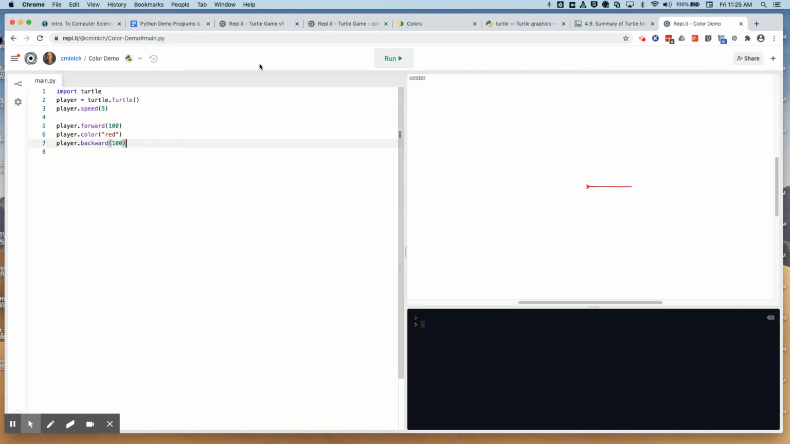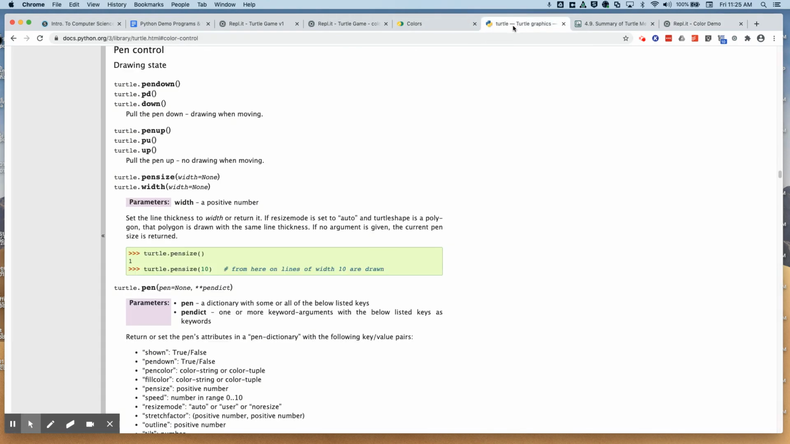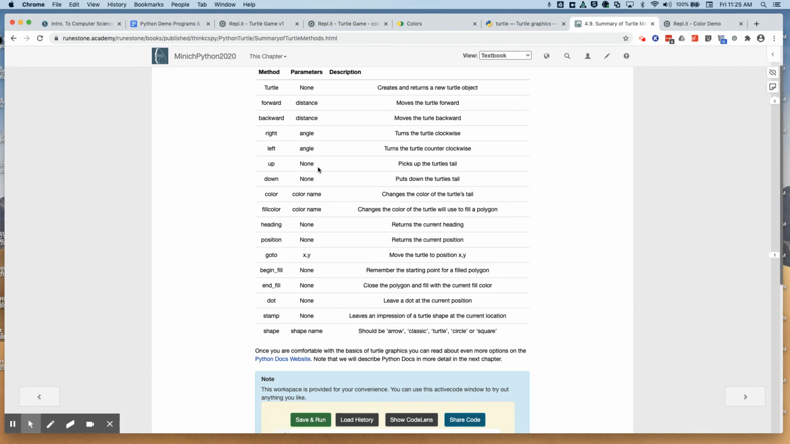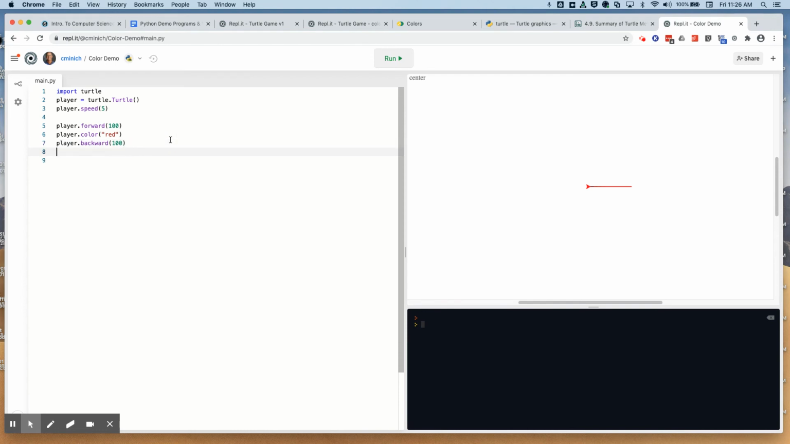Moving forward, another command that does relate to turtle graphics, another command that you can learn about in the Runestone online textbook that has to do with color is fill color. So there's color and there's fill color. Here's what fill color allows you to do. By setting the player's fill color to a shade perhaps of green rather, and moving the player forward